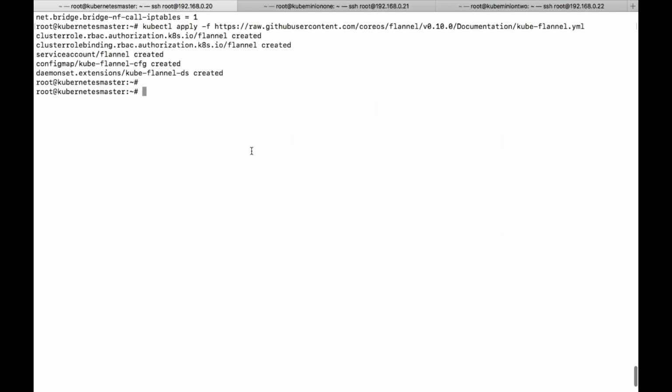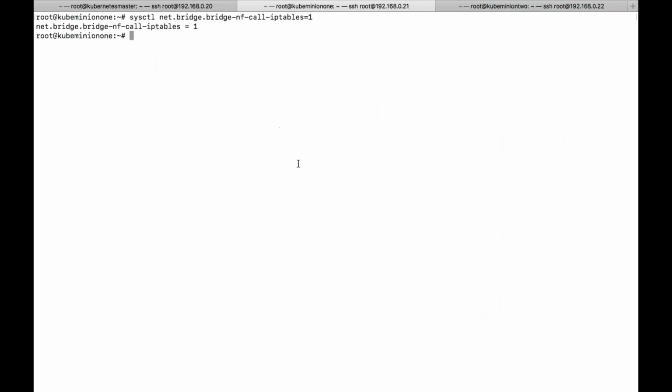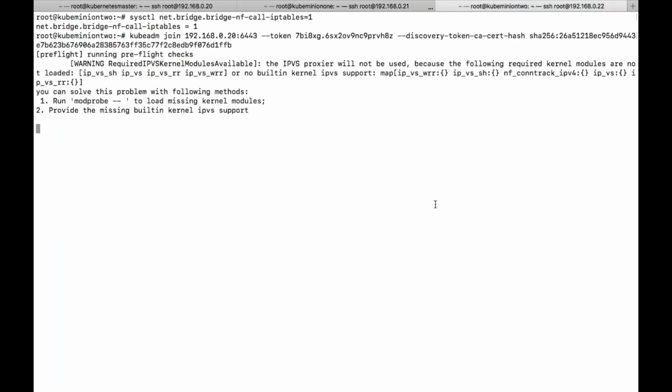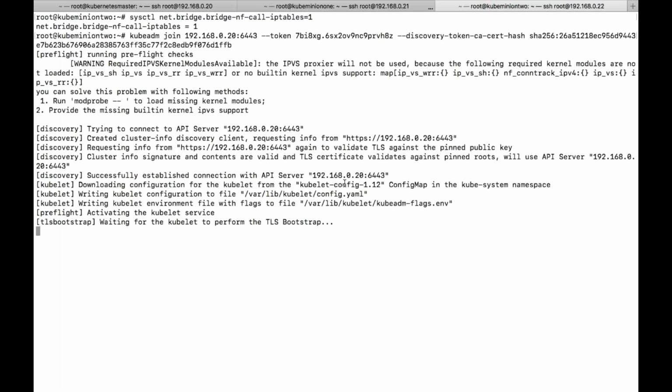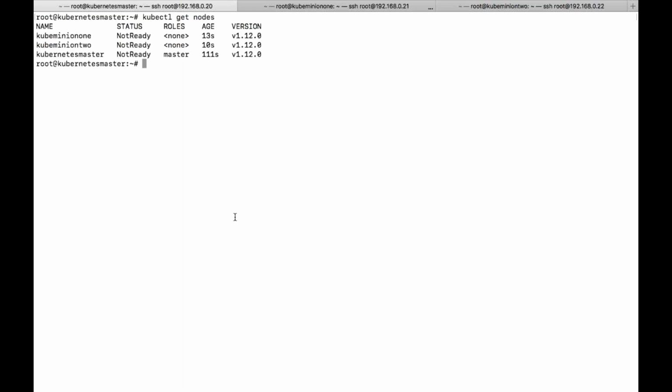Okay, so it will create some resources in Kubernetes. Meanwhile, let us execute this command on the other two nodes so that these nodes will join the master node. This is what we did in Docker Swarm also, right? Same thing, but the commands are different. Now you can execute a command called kubectl get nodes. In Docker Swarm we executed docker node ls, right? Here we use kubectl, the CLI command utility.